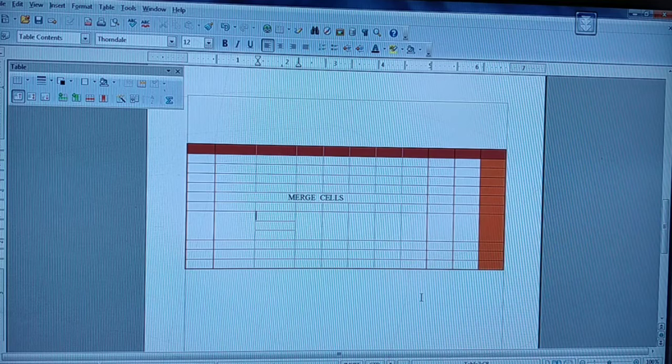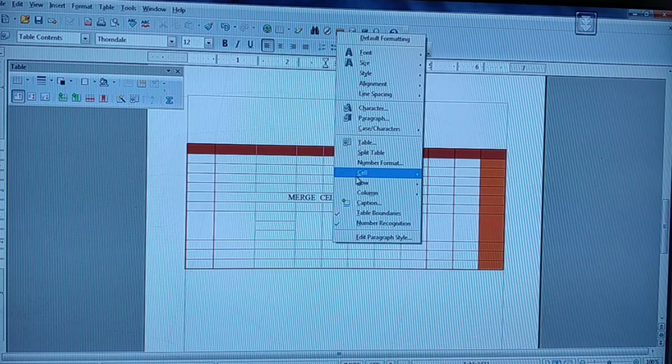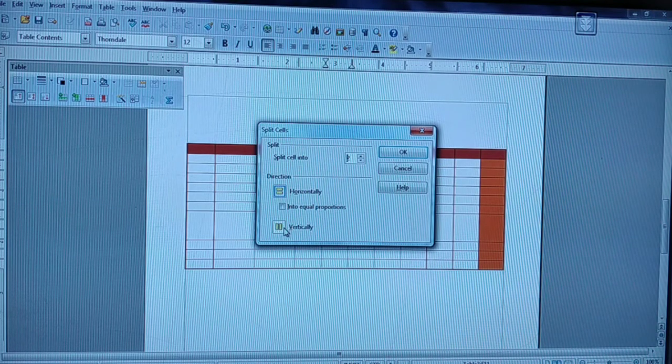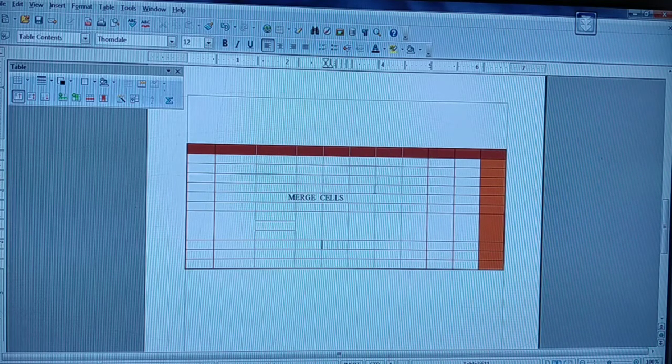So now this is your horizontal. Now we can have it in your vertical. Clear? Cell split. Yes, it is your vertical. So just for you people to have the difference, I am giving the split cell into 5. It is vertical. Click OK. Yes, you people are able to see 5.